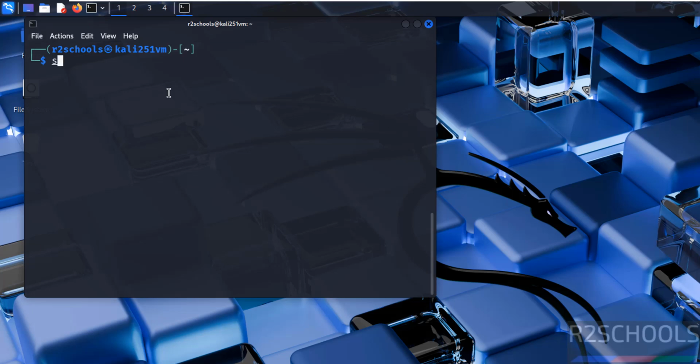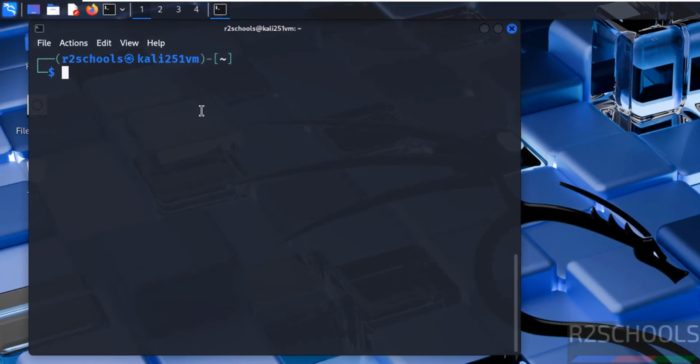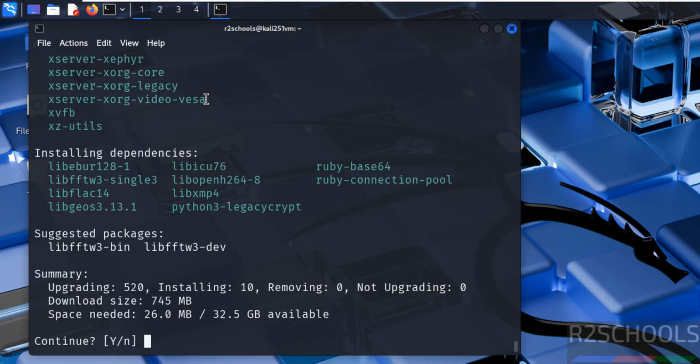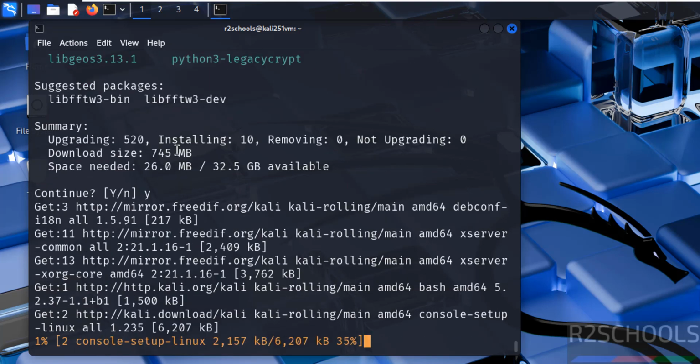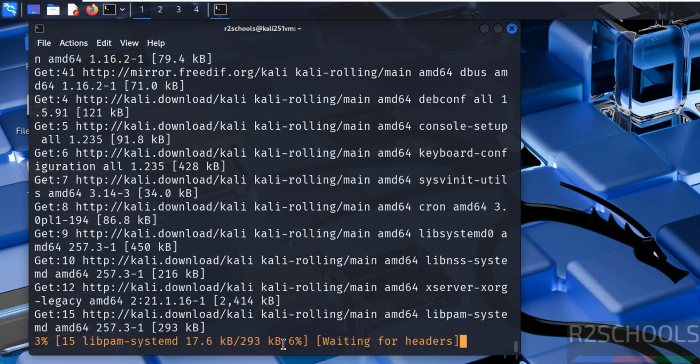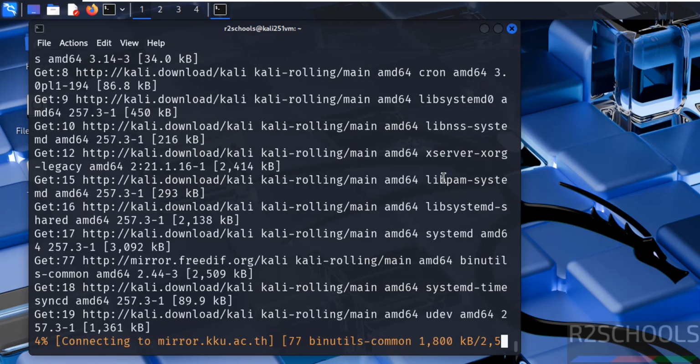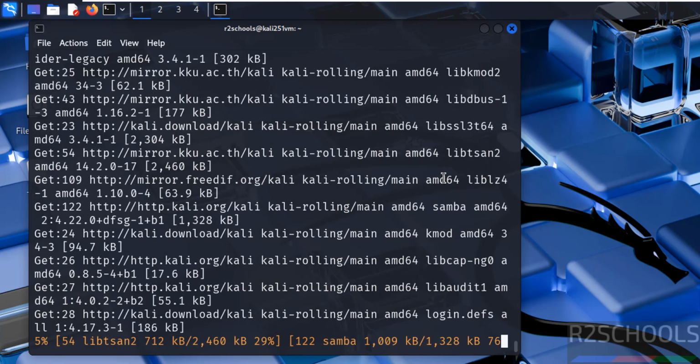Now update the packages. The first step after connecting to Kali Linux is we have to update the packages. sudo apt update && sudo apt upgrade. Hit enter. Provide the password of sudo user. Hit enter. Type Y and hit enter. See, download size is 745 megabytes. This will take time. So in this video we have seen how to download and install Kali Linux